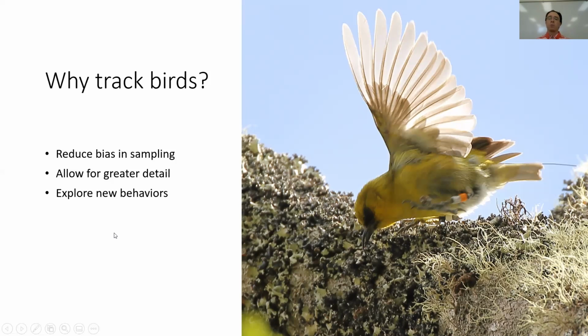So you can really follow them around over time and through several months. And so you can get a lot of points over a longer period, or over a set period of time, and that will really inform how the birds move throughout the year, as well as how they're using the habitat. And then it also allows you to explore new behaviors. So, ʻAkiapōlāʻau are thought to primarily reside in these koa dominant forests, but we may see some new behaviors that hadn't been seen before, or see them more often than have been seen in the past